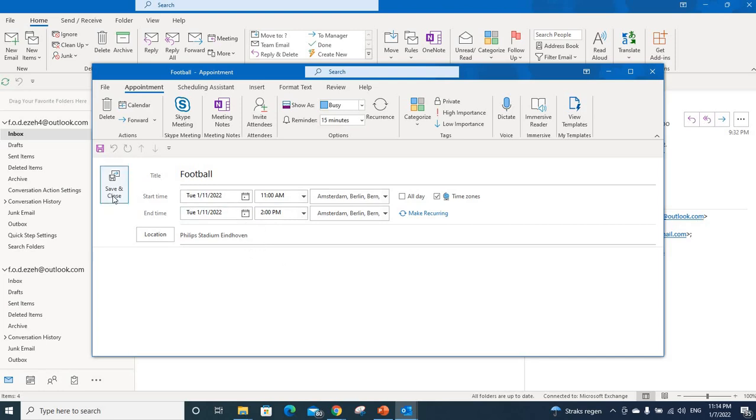But one thing I want to also look at is you can decide that this is an important appointment and you can put it as high important. You can also do this with your email. When you type an email, you can indicate it as high importance. Another thing you can do is you can